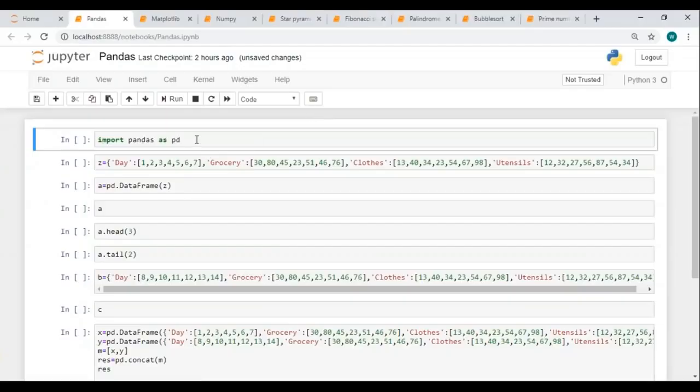Now let's get back to our Jupyter Notebook and see how to use this library. The first thing that you will have to do when you're using this library, as always, is to import the library. And over here, I've imported using import pandas as pd. So wherever I have to use this library name, I'm going to use the alias name, which is pd. After that, I'm going to hit run.